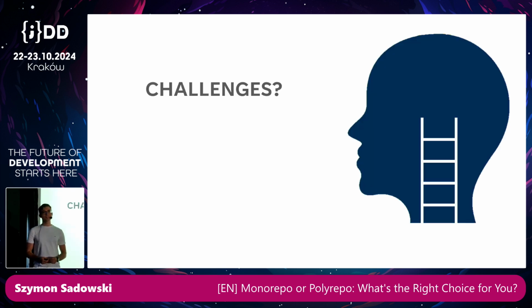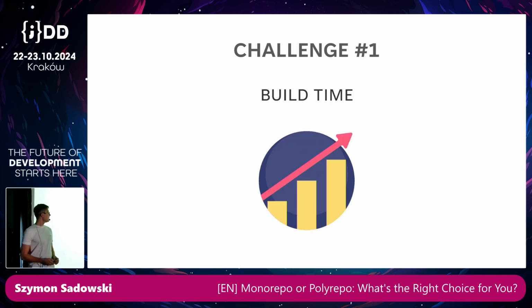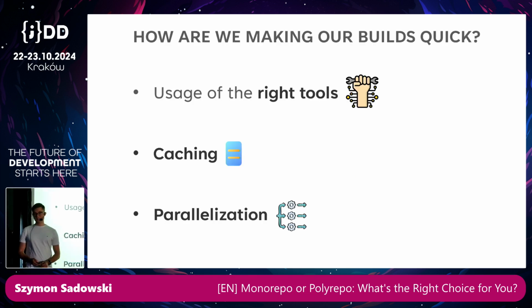All right, so we explored some of the benefits of the Monorepo, but we need to also say a few words about challenges, because obviously it's not a golden bullet. The first challenge can be build time. If you are not careful, the build time can skyrocket. For starters, you have a larger repository, so the cloning of the repository in your CI/CD can, at the very start, take longer. But there are ways to make it manageable. And I'm going to share how we are ensuring our builds are still performant.